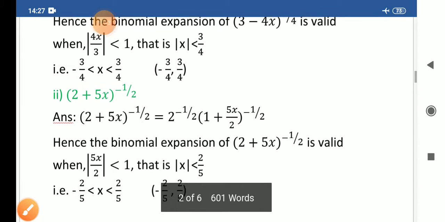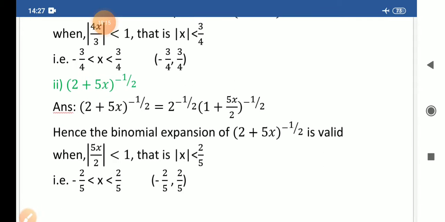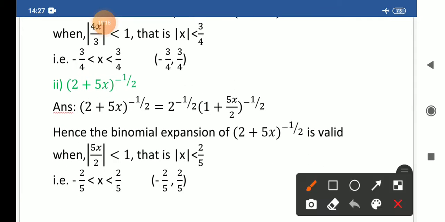You see another example. (2 plus 5x) power minus 1 by 2. For applying the formula, the first term must be 1. So take 2 as common: 2 power minus 1 by 2. If you take 2 as common, it is 1 plus 5x by 2, so there is no 2 left in the first term. So write by 2. For validation of the expansion, the binomial expansion of (2 plus 5x) power minus 1 by 2 is valid